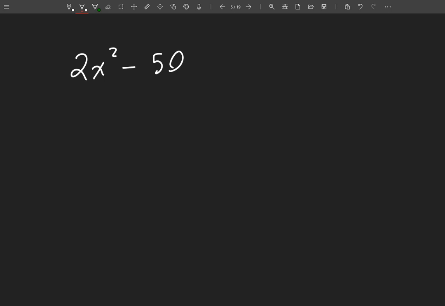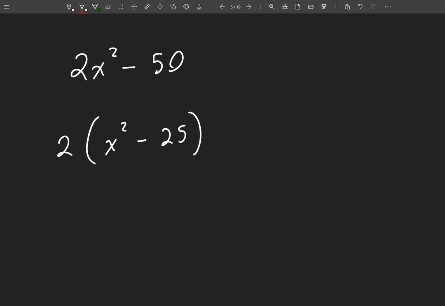Now remember, whenever you have a number out front, and in the problems I'm going to give you, I guarantee you're going to be able to pull something out. And what is that number going to be? Probably the number out front. So let's see if we can pull a 2 out. Can I divide 2 into both of these? I sure can. So I'm going to pull a 2 out,